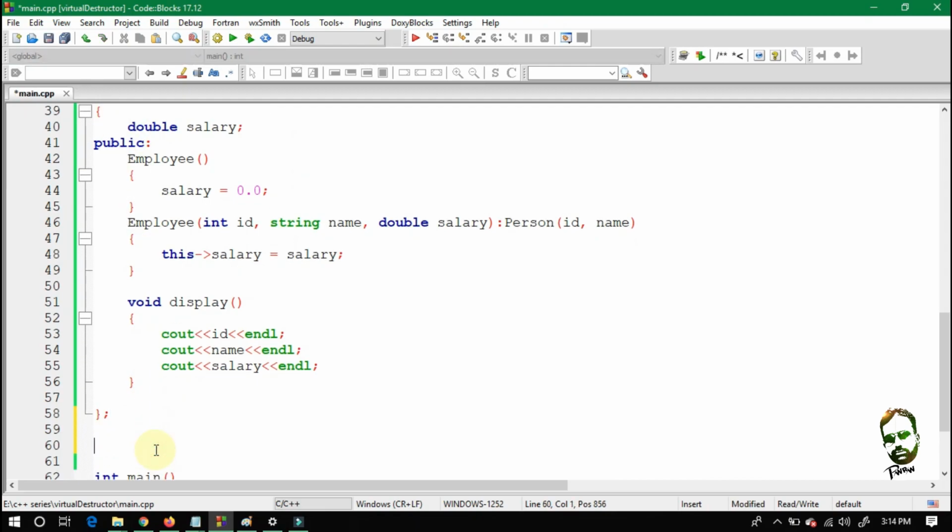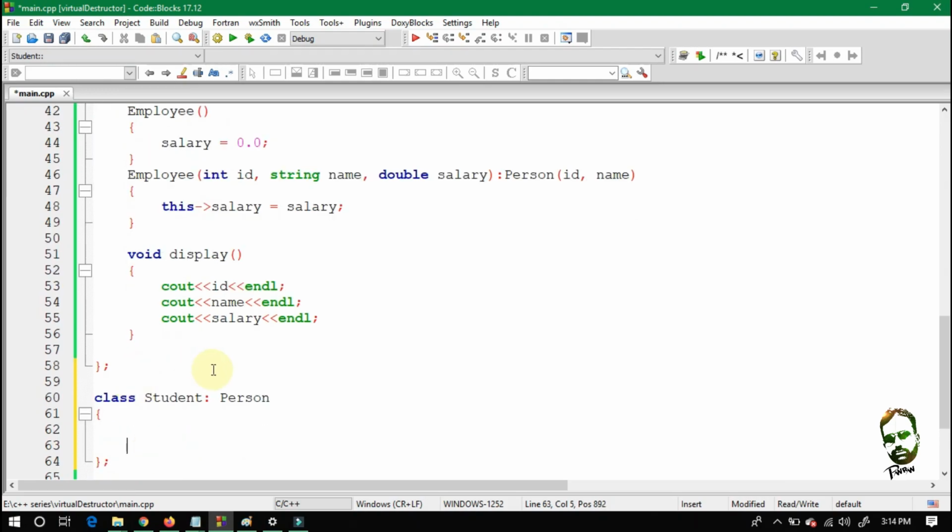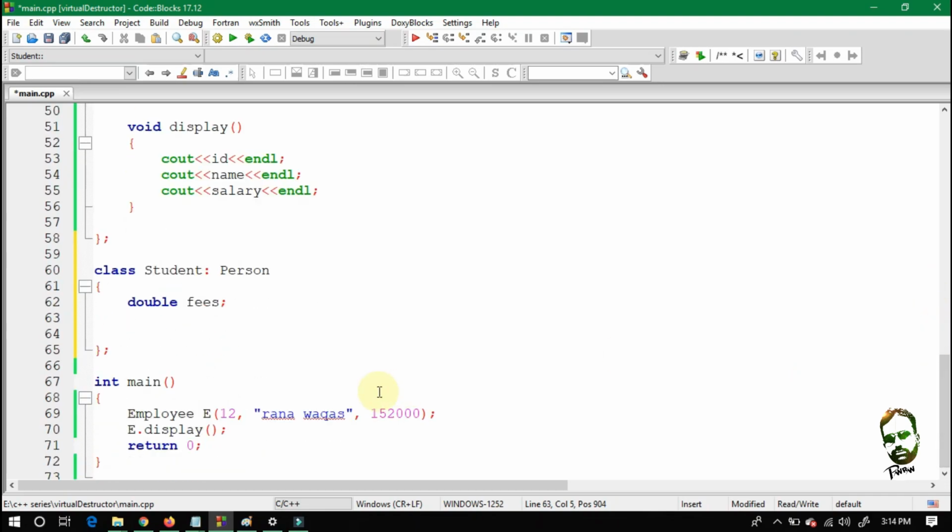So let's make another class with the name student, and make its parent the person class. Let's suppose student has some sort of fees which he pays semesterly or quarterly in his university, school or college. So this fees is a data member of the student class.